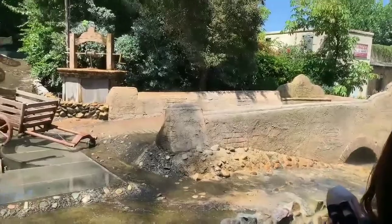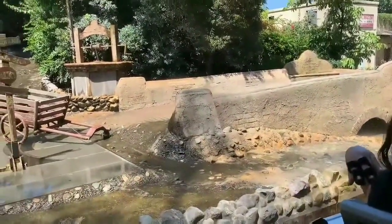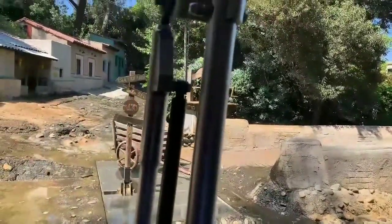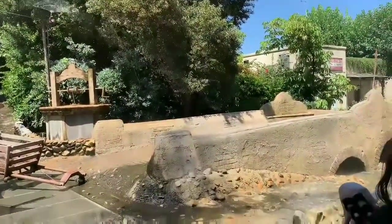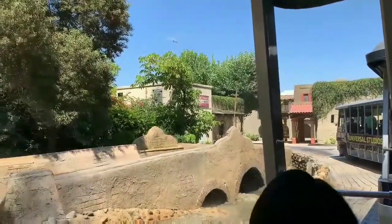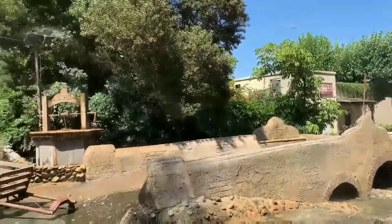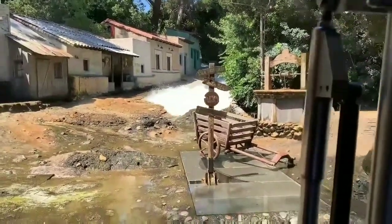Whoa, wait a second. Okay, he's saying we need to look out for a flash flood in Old Mexico. Oh, I don't know, you guys. That seems a little far-fetched. What we're looking at on the left is how we create rain on camera. So it's very simple. It's an overhead sprinkler. You'll notice that the water does not fall straight down to the ground because that doesn't look like real rain. So we like to tilt the sprinklers, and then that way the water falls on its own at an angle, which looks much more realistic. You'll also notice that...